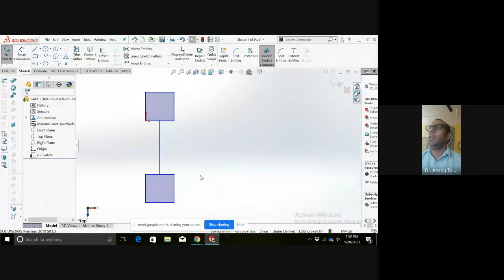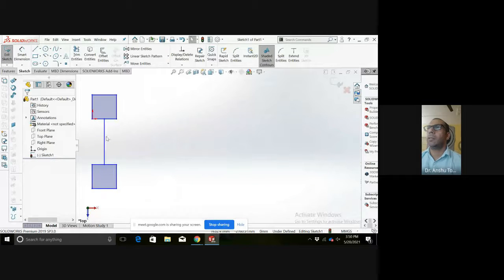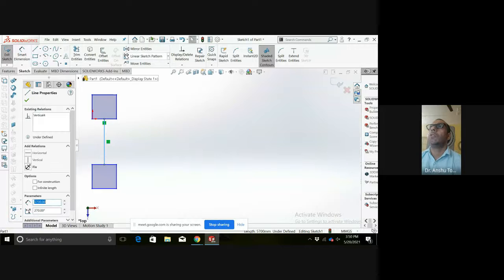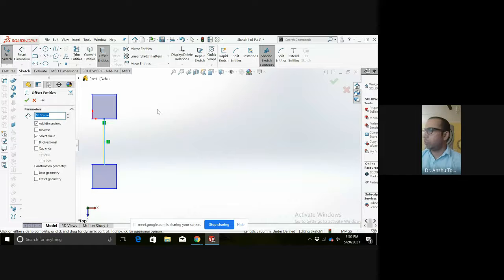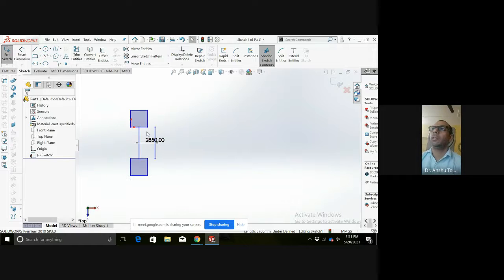Then I will again take this pan as 5,700. What is the half of 5,700? It is going to be 2850. So offset entities 2,850. Reverse. This will become this, and now I will mirror it.